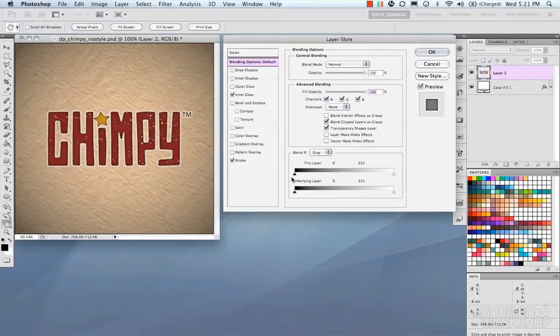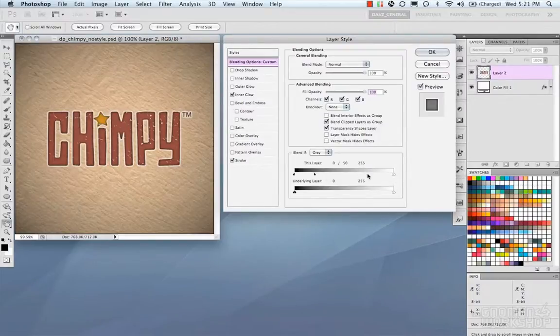So right now this brown is kind of burnt in, and I want it to absorb a little more of the color underneath. So I'm going to hold down Alt, and I'm going to drag this until I get a result that I'm kind of looking for. So maybe something like that. And on the opposite side, you could do the same, but since there's white and it's not really picking up